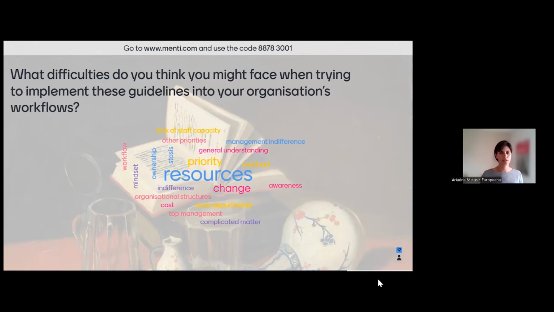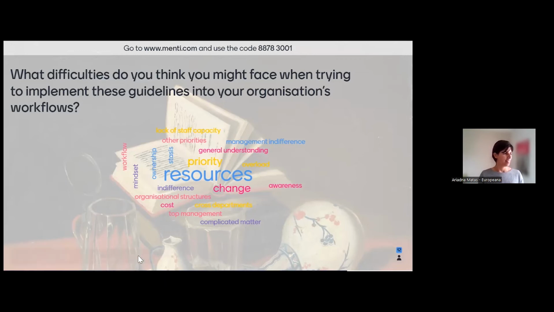Yeah, and working across departments or generating sufficient awareness across the organization. If you're one person dealing with this, how do you convince the whole organization that this is important and that they should also be caring about it? Yeah, it's true that in the guidelines we say work with that person, inform that other person. We don't say how you might try to convince that person that this is important. It might be something we can maybe share through case studies or resources.